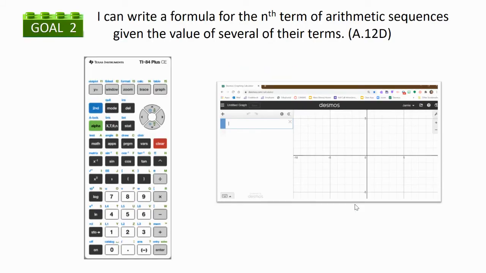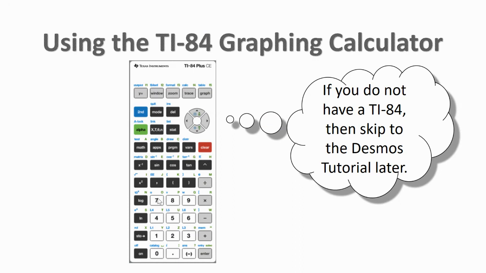All right, now you can write a formula for the nth term also by using the TI-84 calculator or Desmos. I'm going to show you both. This is going to take a minute because I don't know which one you're using, and you need to use both depending on which ones that you have. And so we're going to start with the